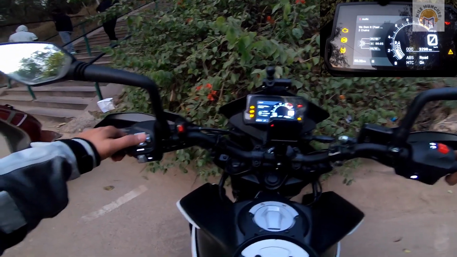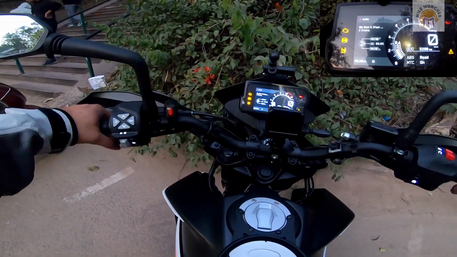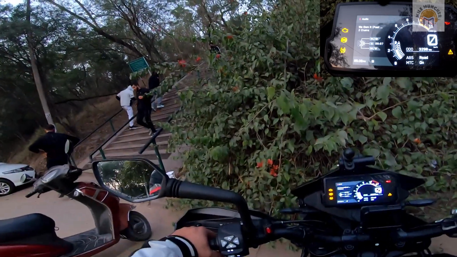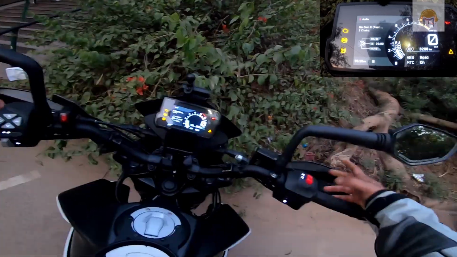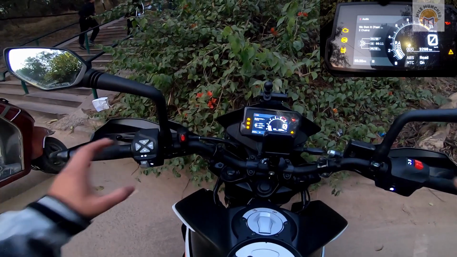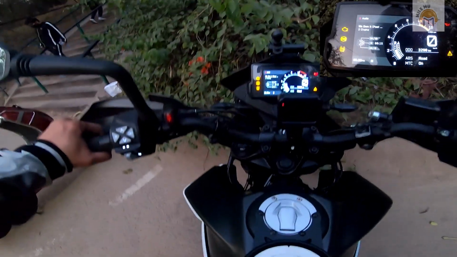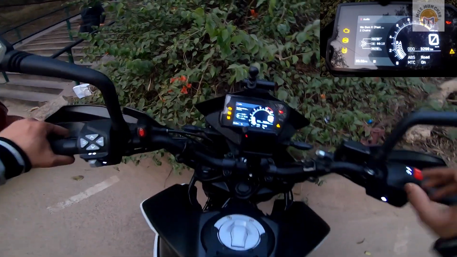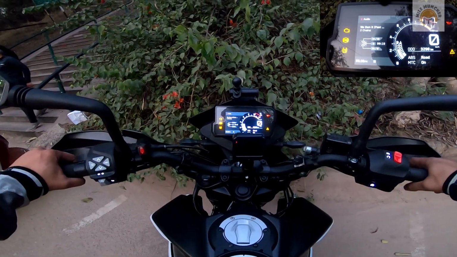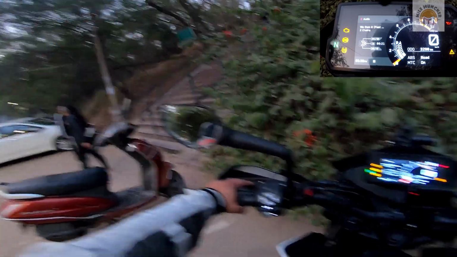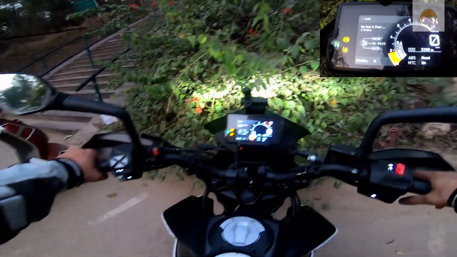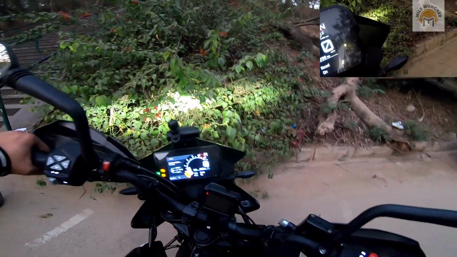So let's do that. If I press this, the music will start. And this is exactly what you call steering mounted control. So we have got handlebar mounted control for our audio system and all the gizmos that we connect to our motorcycle. That's called Easy Life.